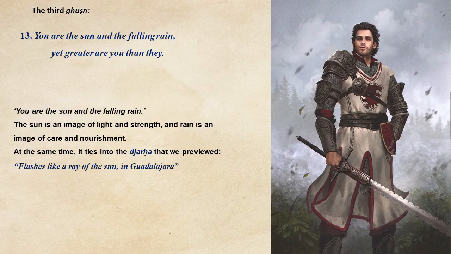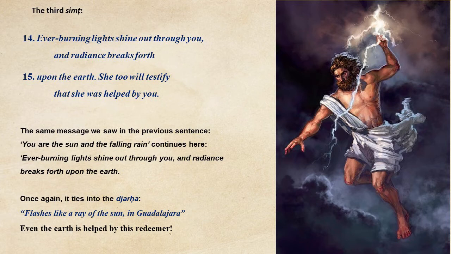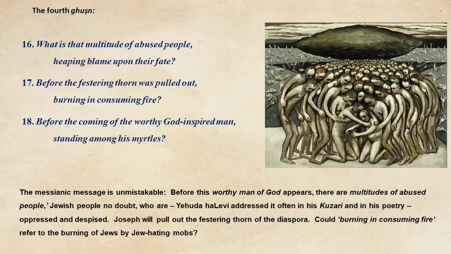these two lines. Now, this same message that we saw in the previous sentence, you are the sun, continues here. Ever burning lights shine out through you, and radiance breaks forth upon the earth. She too, I think that's the earth, will testify that she was helped by you. So once again, this ties into the jarha, flashes like a ray of the sun in Guadalajara. Even the earth is helped by this Redeemer. Let's go to the fourth